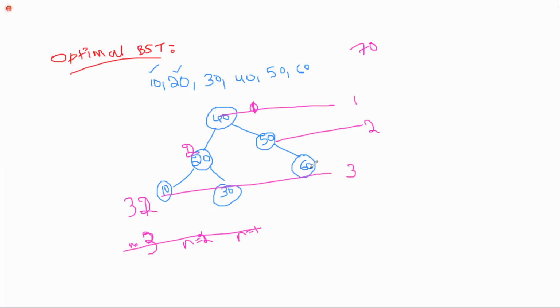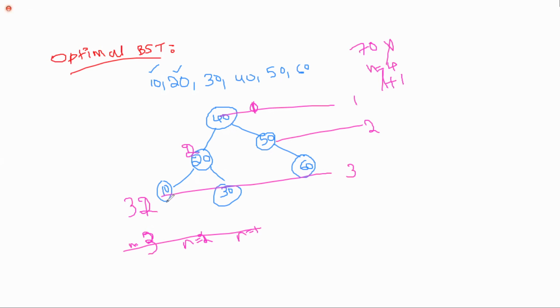Do you have any other nodes? We don't have any nodes. So 70 is an unsuccessful search, and for an unsuccessful search it will take 4 attempts. For this example it is 4 attempts. So for an unsuccessful search it will take L plus 1 attempts, where L is the level of the tree. 1, 2, 3. So L plus 1 means 4. So for searching 70, which is an unsuccessful search, it will take L plus 1, where L is the level of the tree.